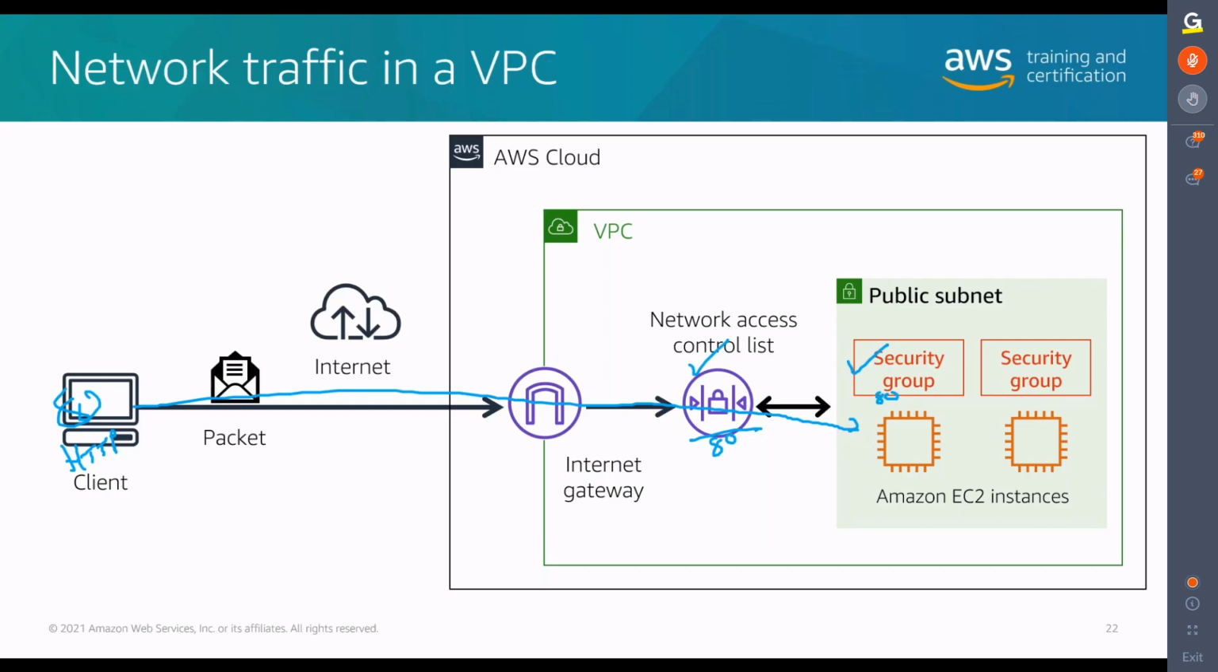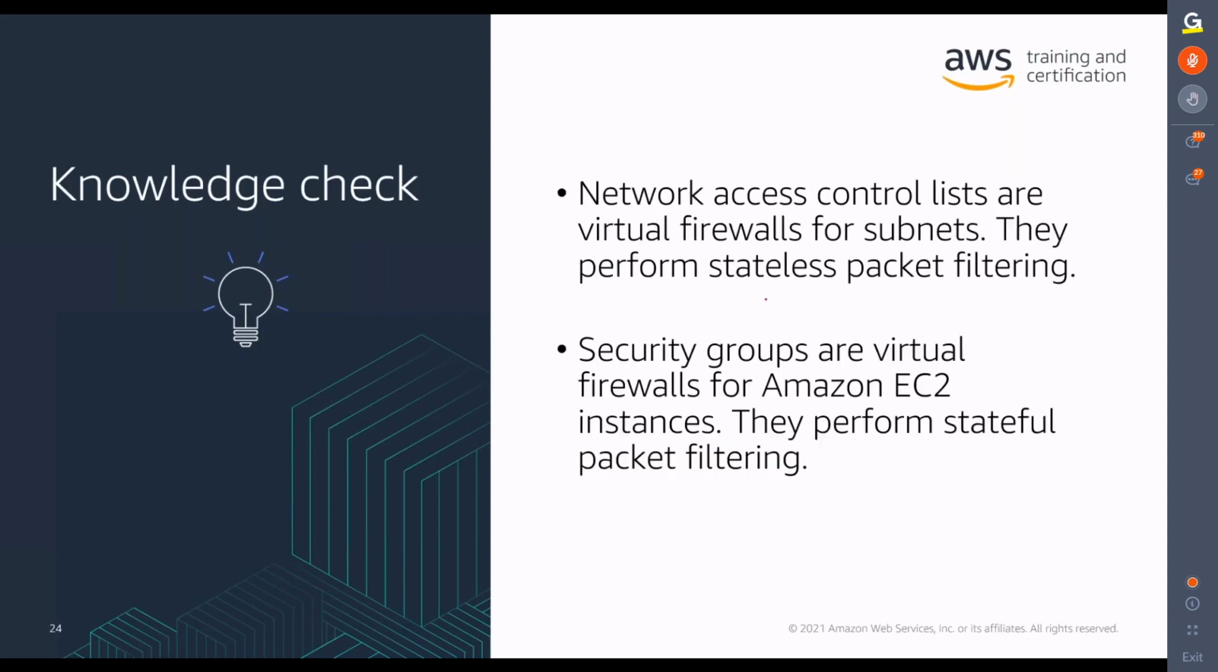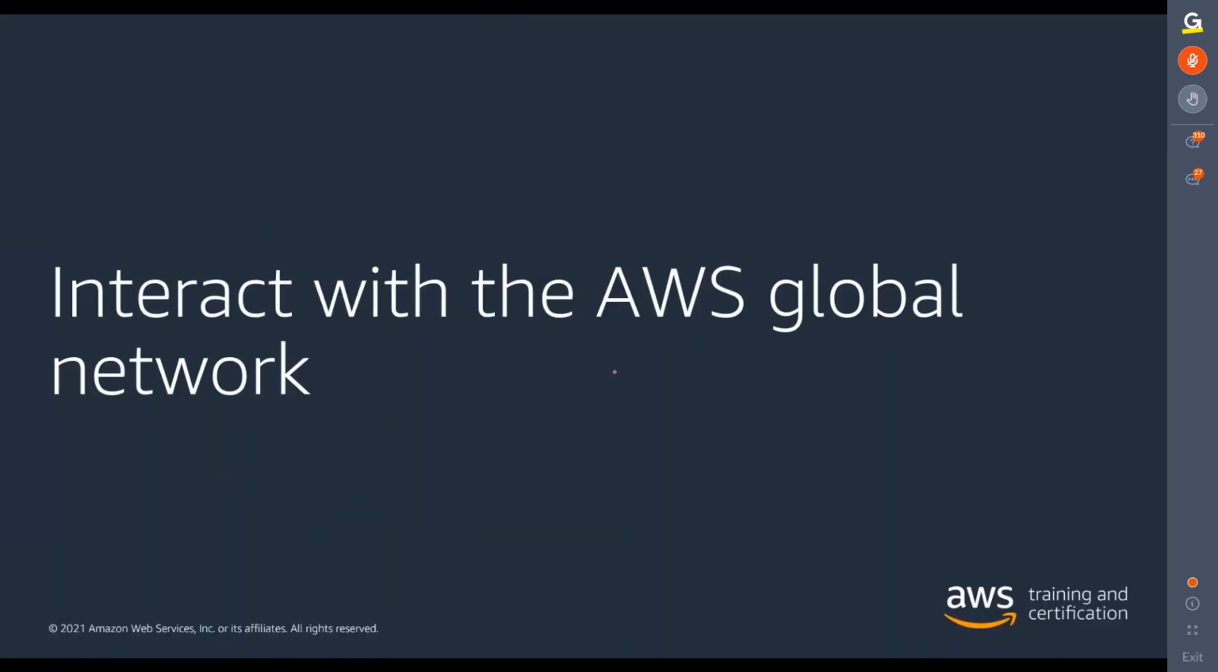Good. All right, let us move on. So network access control lists, as we just decided, are like little firewalls, little traffic filters for your subnet, and they're stateless. Security groups are traffic filters for your individual EC2 instances, and they are stateful. All right, I think we've covered that now, and I think we are ready to move on. All right, excellent. So let's move on and talk about